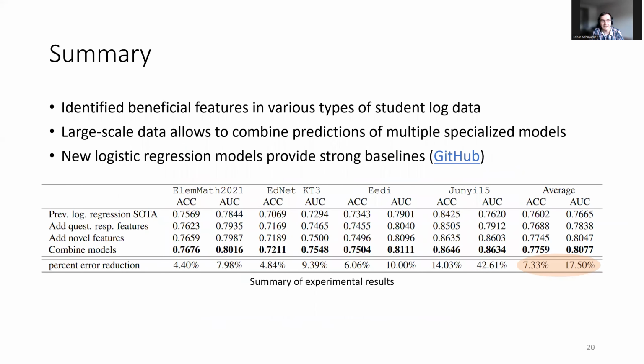Okay, to summarize the contributions of our paper, we first identified different features from various types of student log data, and showed how they can improve performance predictions. This is especially interesting for ITS designers that think about which types of data they should track in their system. We then looked at how we can use large-scale log data to train multiple models, which allows us to improve prediction accuracy. And third, we proposed new logistic regression-based models, which provide strong baselines and are even competitive with deep